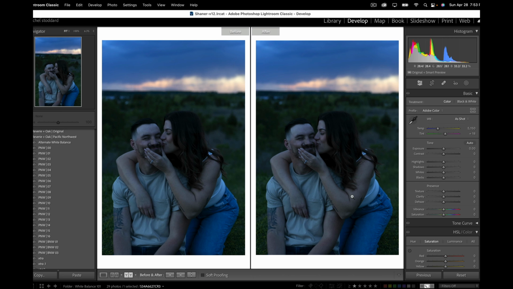And the other thing I want to point out is that it is incredibly important, if you're going to care about the way your photos look at all, which obviously you do because you're watching this, that you calibrate your screen. If light is the most important thing in shooting and white balance is the most important thing in editing, the other most important thing in photography is calibrating your screen. So imagine